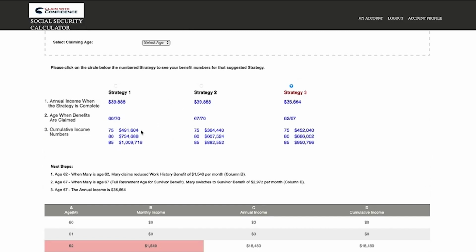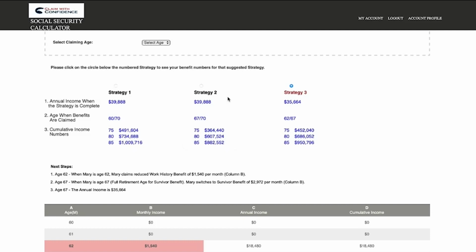At age 75, with strategy one that has her claiming a survivor benefit at age 60, she would receive a total of $491,604. Whereas with strategy two, she'd only receive $364,440. So she's better off with strategy one. In fact, she's always better off with strategy one, because at age 80, she would have received $734,688 as opposed to only $607,524. And at age 85, believe it or not, if she lives that long, which actually, Mary's life expectancy is age 86, she would receive $1,009,716,